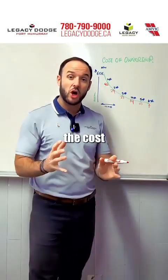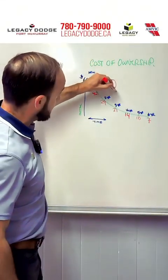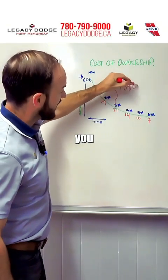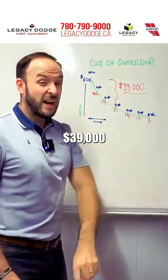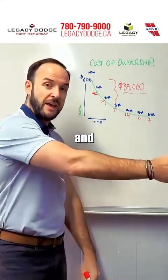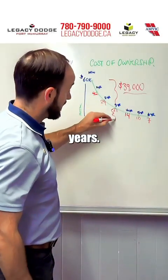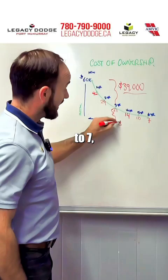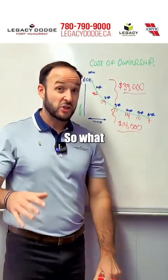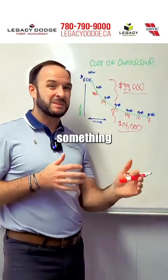Now let's look at the cost of ownership over the first 3 years. So 3 years between 60 and 21, this vehicle will cost you $39,000 to drive if you only use it for 3 years and then you get rid of it. Now let's consider the next 3 years. Well, from 21 to 7, that is only $14,000 a year. So what I'd like you guys to understand is, if you are interested in getting something different